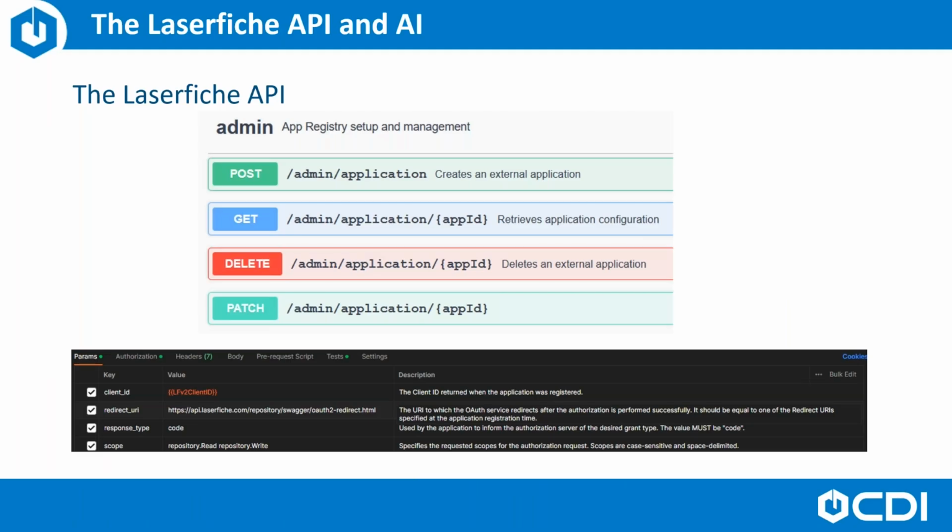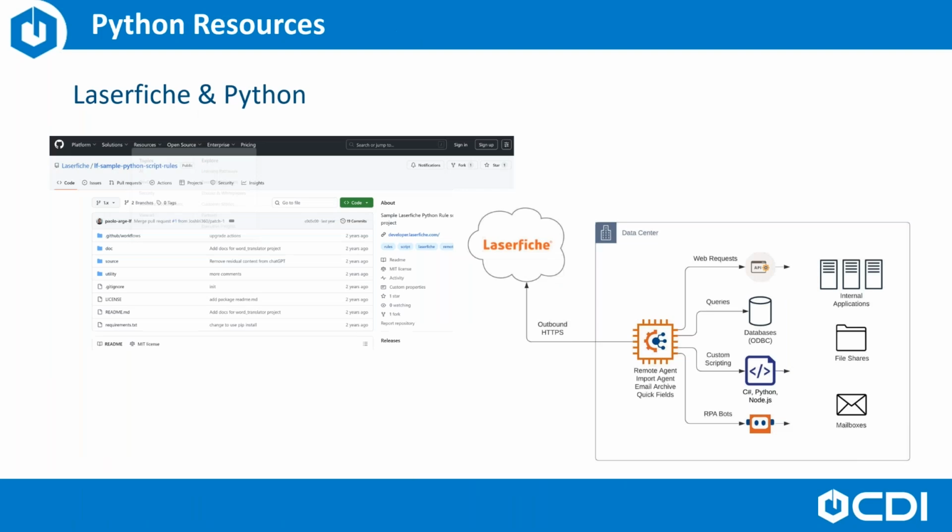And by architecting this secure programmatic loop using the Laserfiche API, we're able to seamlessly bridge our content repository with an external AI platform, making our enterprise data actionable and dramatically accelerating digital transformation. I know that was a lot, but this AI concept is evolving and something that we are packaging up. Despite its technical nuances and details, we're packaging it up for use in our clients' everyday lives.